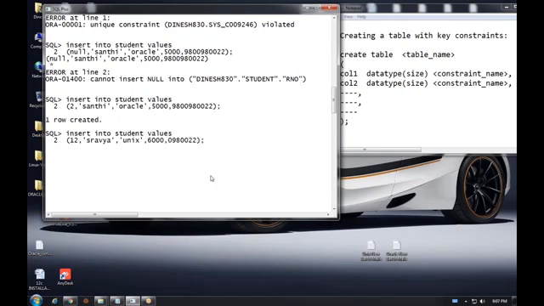No mobile number. She did not provide a mobile number. Is it accepted? Yes. So here you have to find out: null values are not accepted into roll number, but null values are accepted into the mobile number column. It's a unique column. The unique constraint also accepts